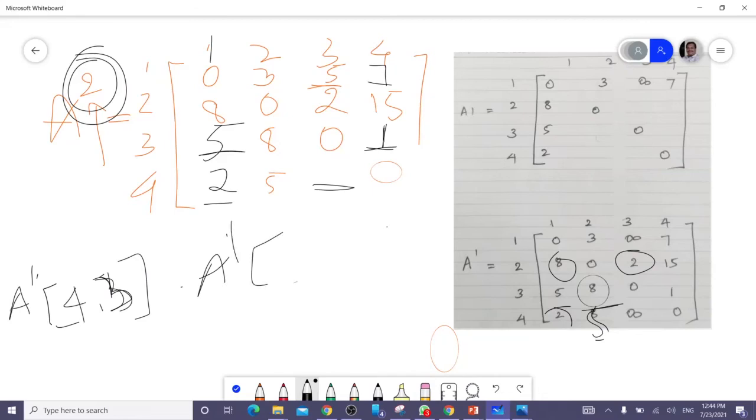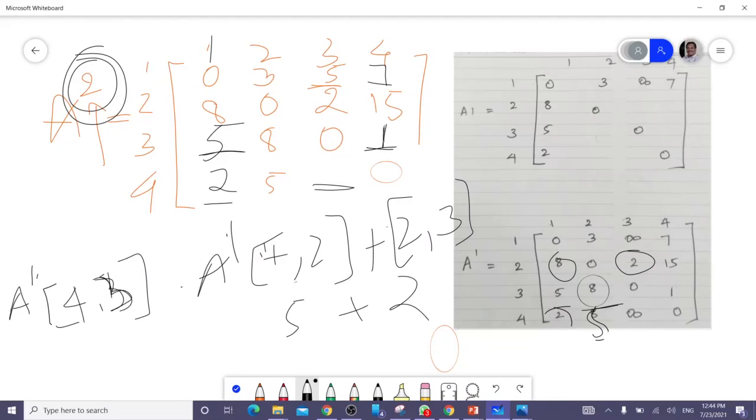A1 of 4, 2 plus 2, 3. 4 and 2 is 5, and 2 and 3 is 2.